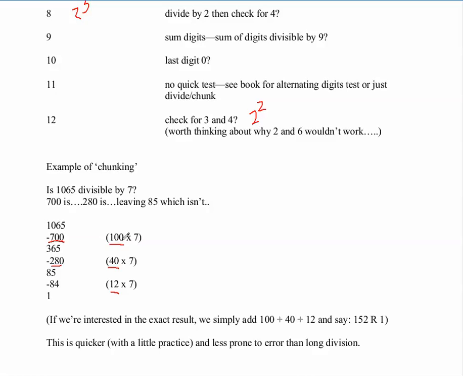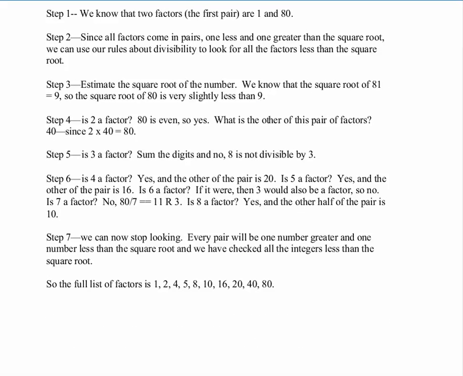And in fact, if we want an answer, we can just add up the 100, the 40, and the 12 and say that 1065 divided by 7 is 152, remainder 1. This is quicker than long division in my view, and less prone to mistakes. Okay, now let's think about